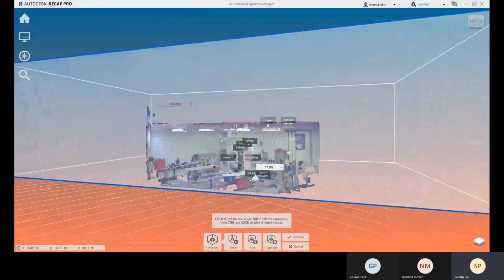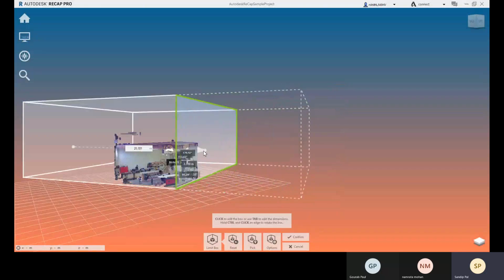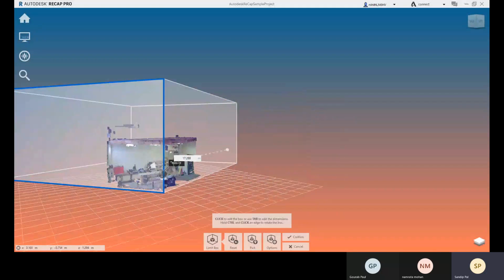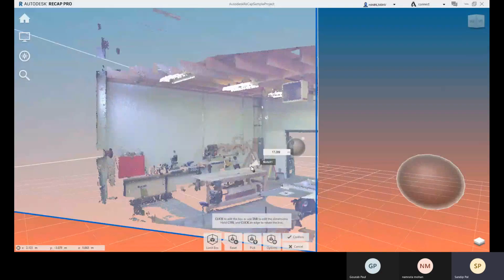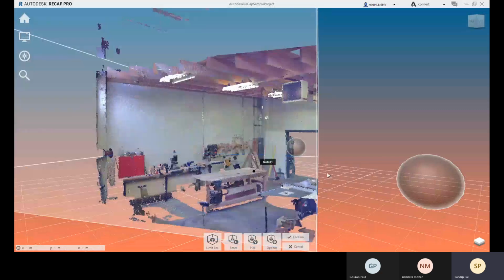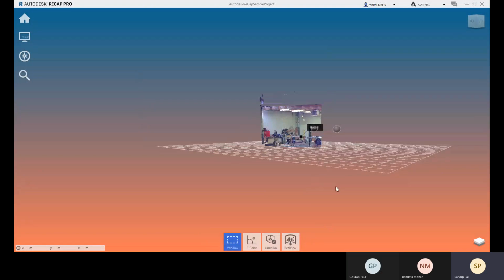Okay, so this way you can do it, and however much you want to see. Suppose you were working with this one, the fewer points you have, the better you can control all the things, and this way you will go for this confirm option.